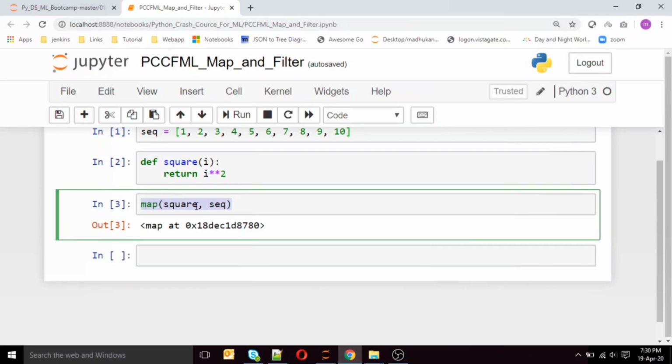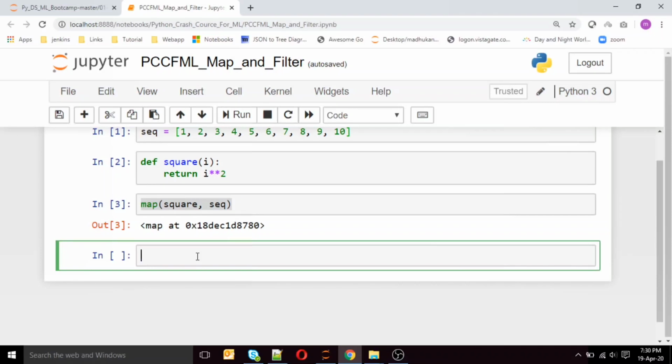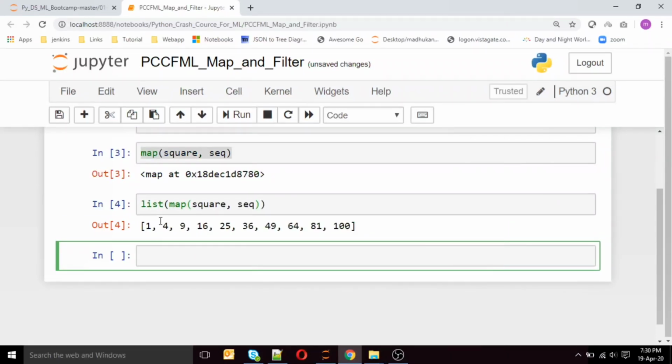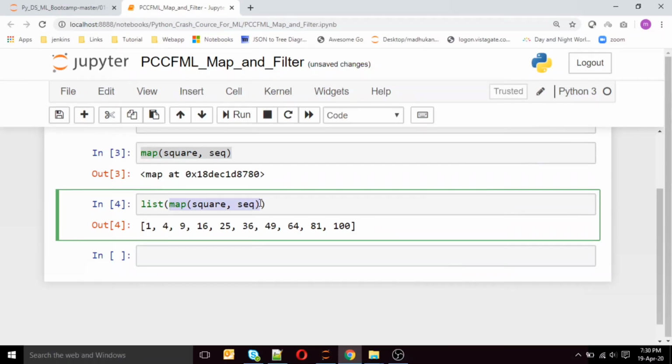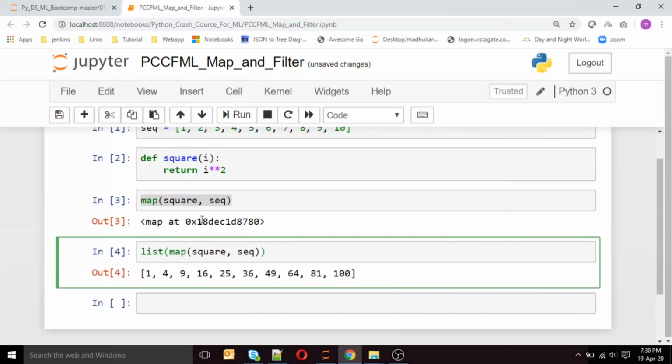If I want to print it, I'll create a list of that output and run it. So you have converted the output of map to a list, and that list has been printed. You can clearly see that map does nothing but give you the output based on the function you have provided on an iterable object.